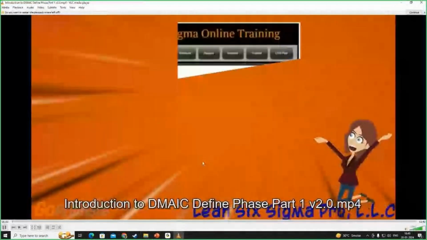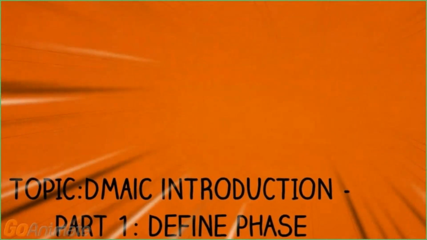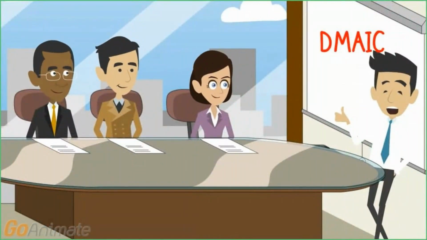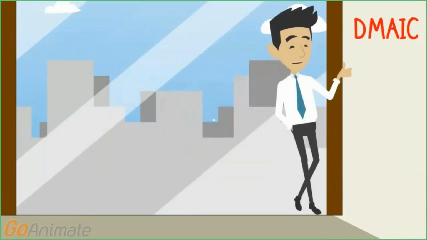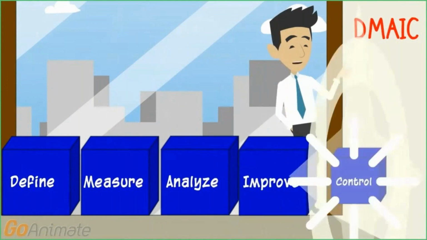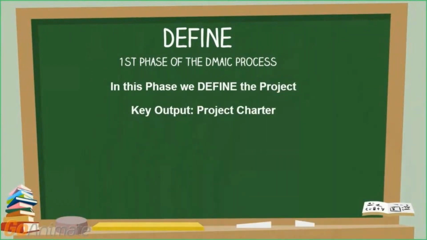Welcome to Lean Six Sigma Pro's free module on the Introduction to DMAIC Process Part 1, where we will review the define phase of the DMAIC process. Hello, ladies and gentlemen. Today we are going to talk about a 5-step improvement process known as DMAIC. DMAIC stands for Define, Measure, Analyze, Improve, and Control. Define is the first phase of the DMAIC process. Here, we define the project via the project charter. The key output of this phase, the project charter, is a very important document that will be up